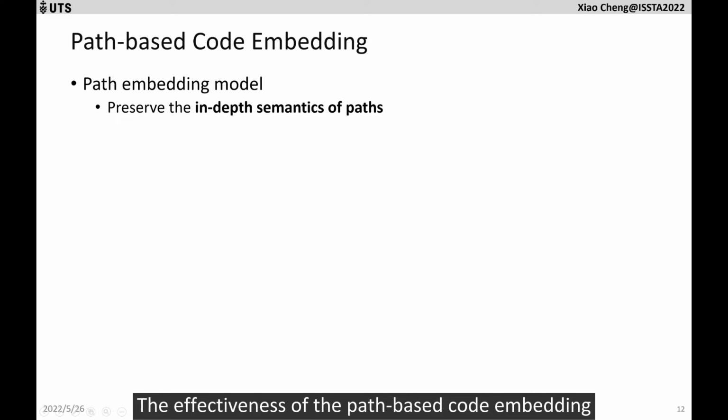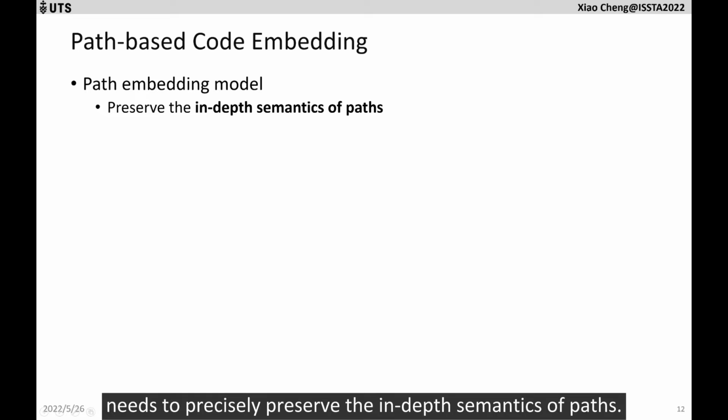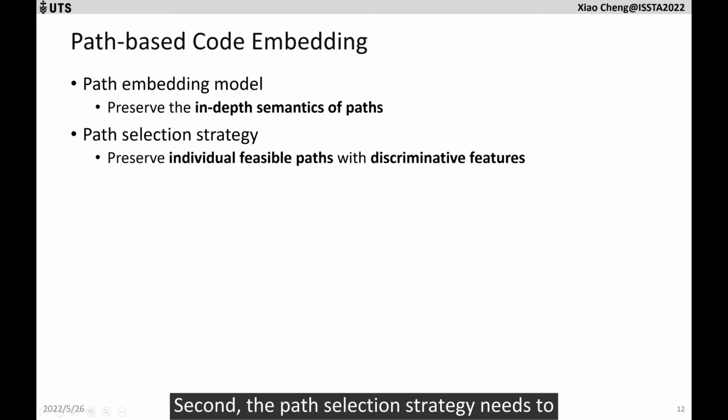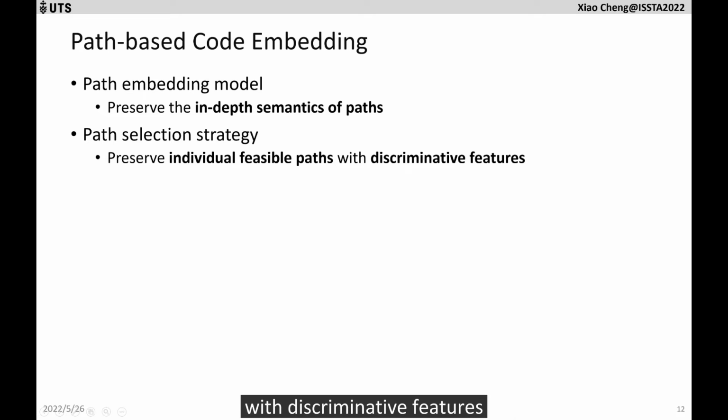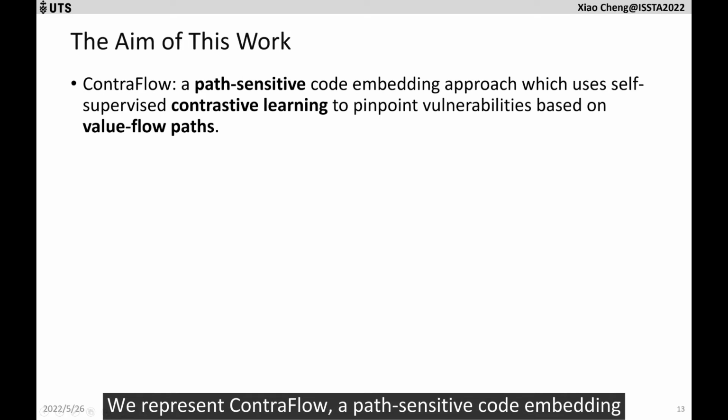The effectiveness of the path-based code embedding lies in two aspects. First, the path embedding model needs to precisely preserve the in-depth semantics of paths. Second, the path selection strategy needs to preserve individual feasible paths with discriminative features which contribute to bug semantics during model training. We present Contraflow, a path-sensitive code embedding approach